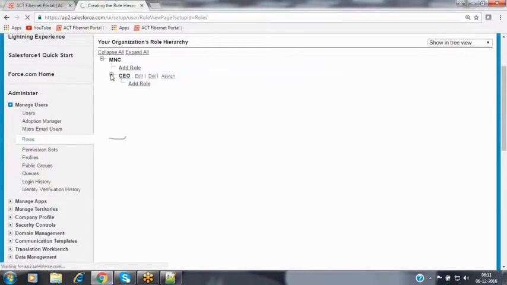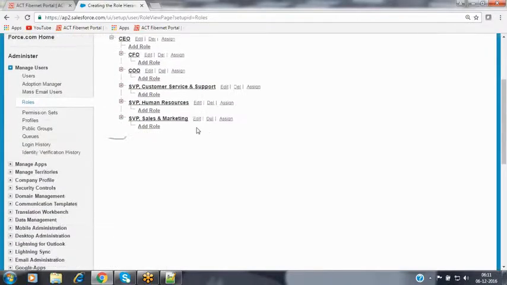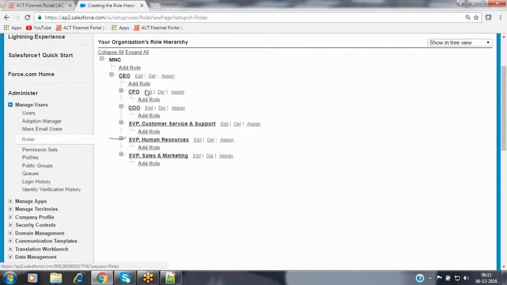Now expand that CEO role. It is providing all those roles available here. Under that CEO, it is providing the CFO, along with the COO, Senior Vice President for Customer Service and Support, Senior Vice President for Human Resources, and Senior Vice President for Sales and Marketing.